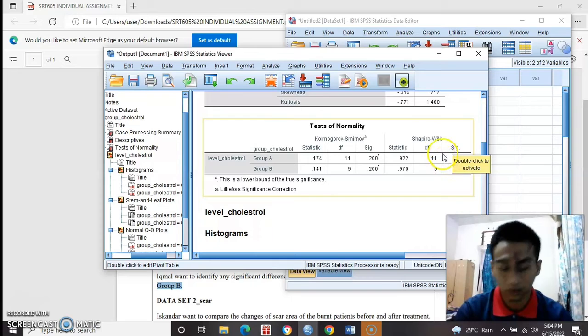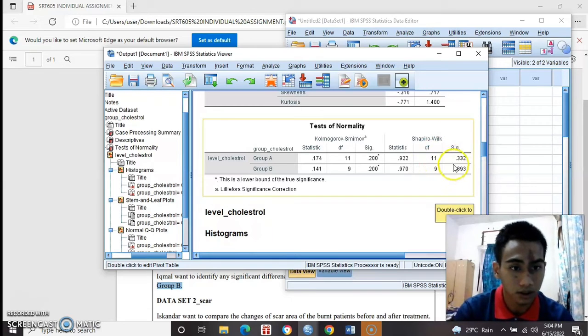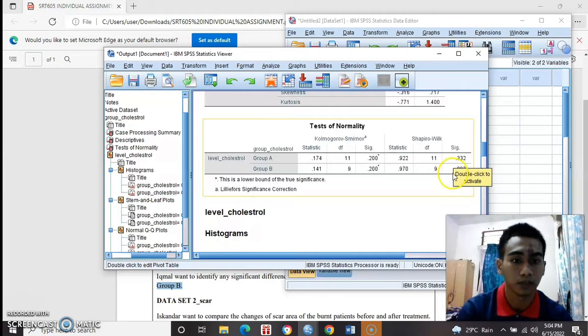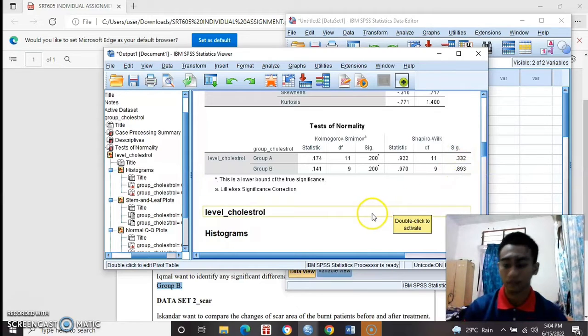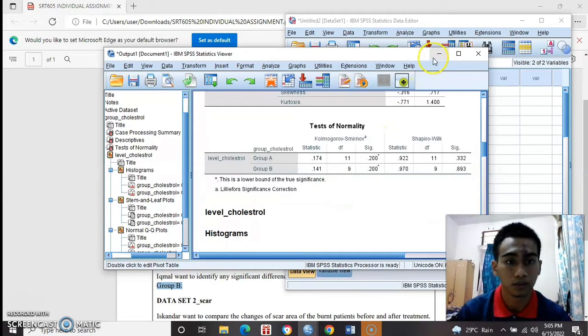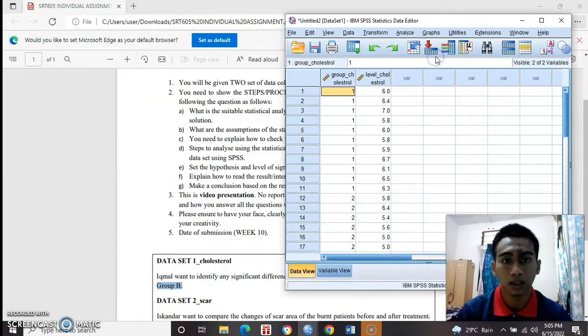In the Shapiro-Wilk, the significance for group A is 0.332, and for group B is 0.893. So the values are more than 0.05, which means the data is normal. So next we want to see the data for the